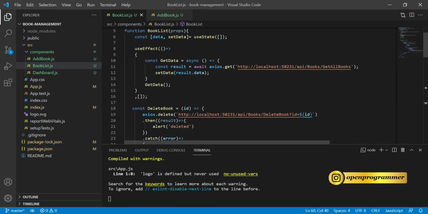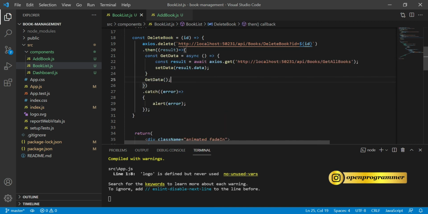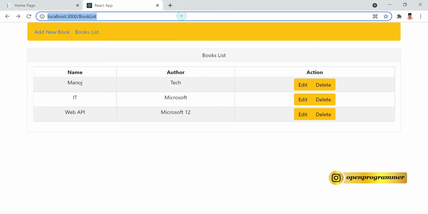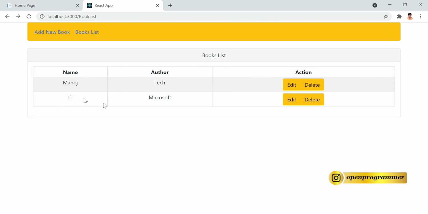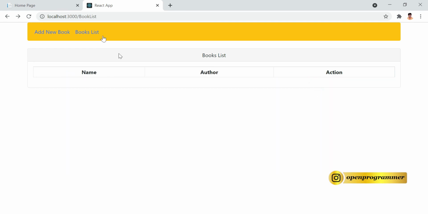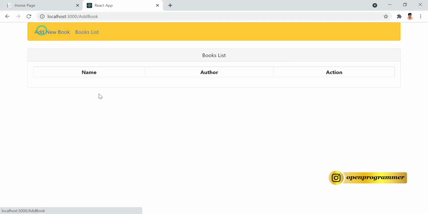Inside this use effect, we need to copy this and remove this alert, and let's save this. Now reload the page. Just try to delete this one. Deleted. Perfect. You can see the list is also refreshed every time. Also if we check the database, the same thing is happening here. Perfect.